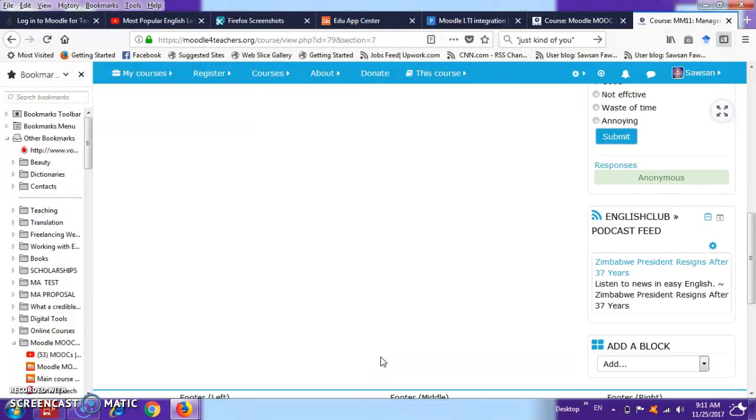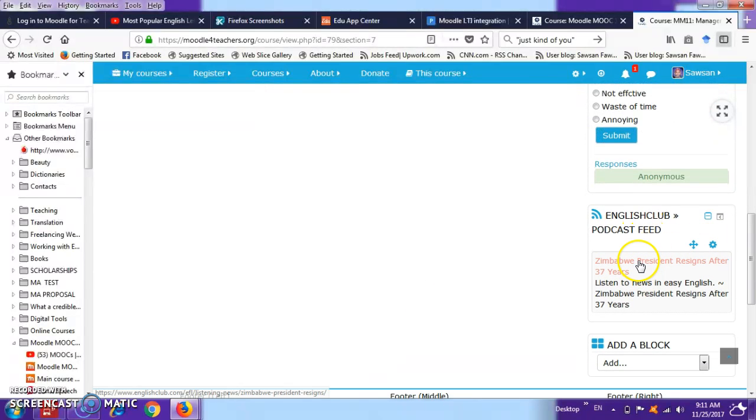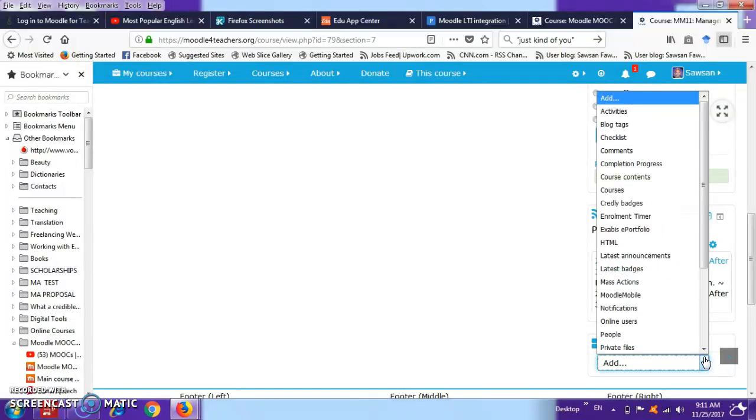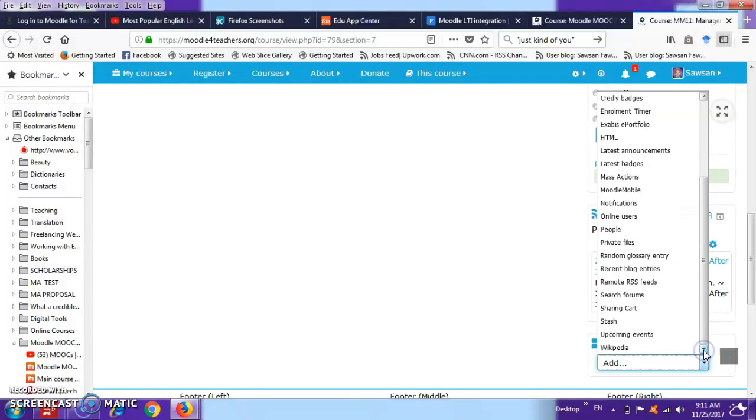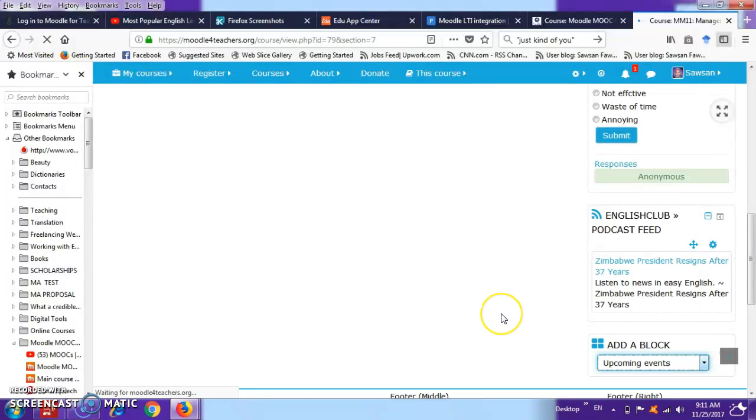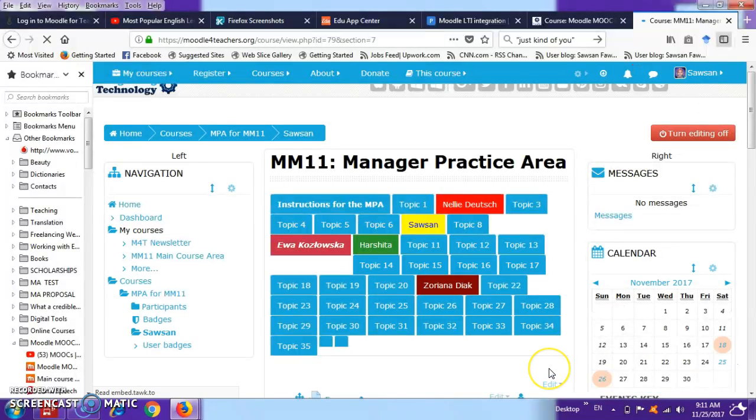And here is my feed, English Club podcast feed, and this is only one entry, as I have set. Let's add something else, another block. For example, social forums, sharing cart, this is for sharing. Stash, this is a big store for things, you can upload files and create folders. Upcoming events and Wikipedia. Upcoming events, it has to do with